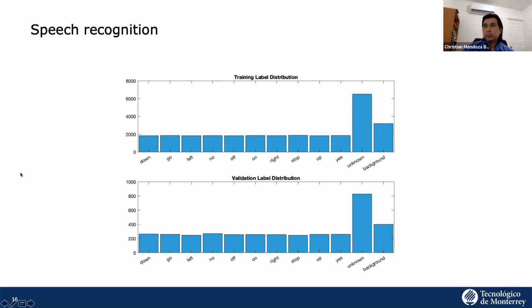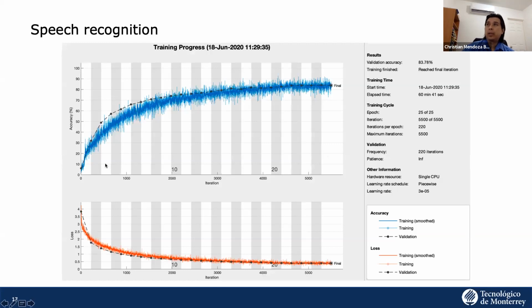So we trained the model. It took some time, maybe about an hour. I'm using a simple computer, a single CPU, to train this. And as you can see, it reached an accuracy of around 84%. That's good enough for the recognition activity. The loss is actually in a good place also.